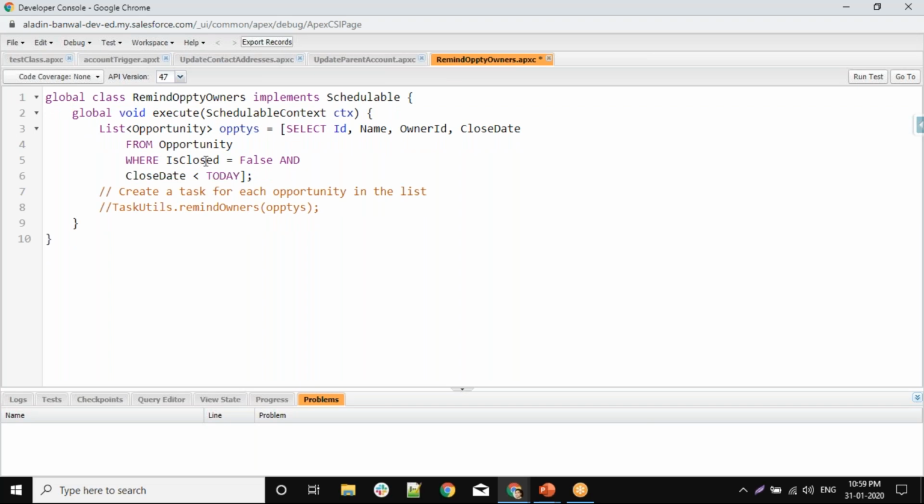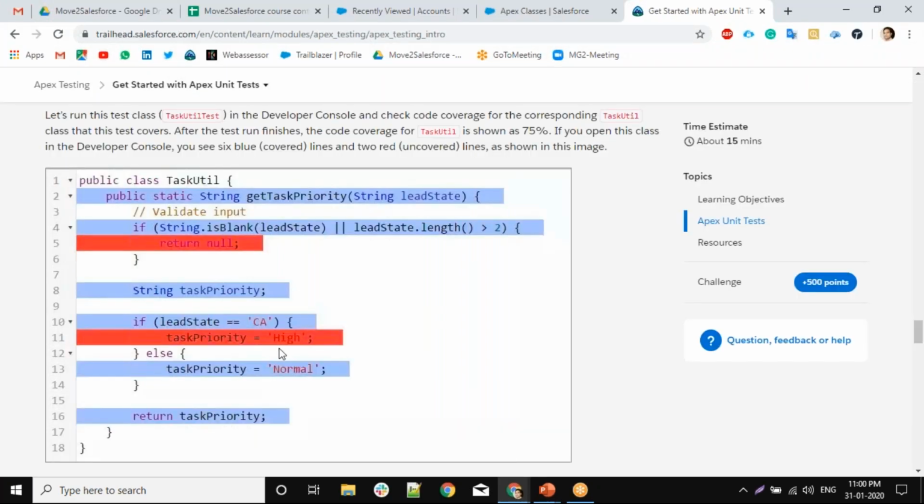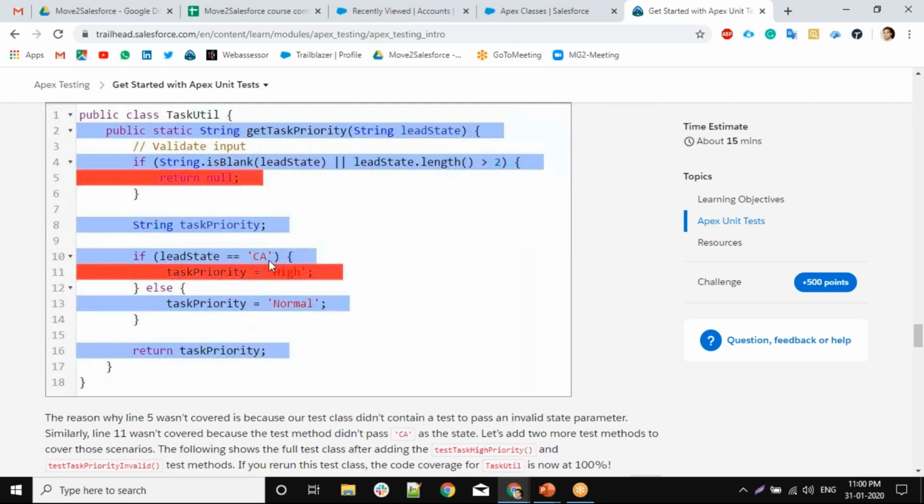Let's say this is the class which is tested by another class. This is not a test class, so you don't see this button over here. This class is tested by the test class, so you can go to the source class and see the code coverage. Right now it doesn't have any code coverage, so it shows none. If a class has any coverage, it will give you the coverage percentage, so you can see how much has been covered.